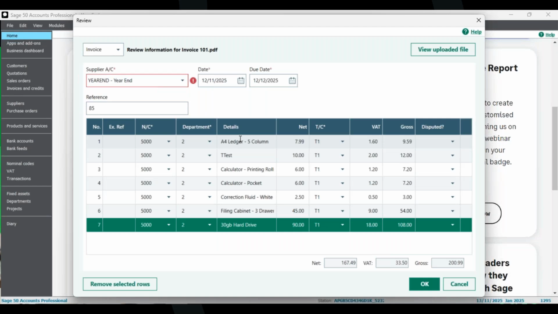Really good question from Lee there. How does the description capture for each invoice? Is it the first line of the description? So if we have a look,